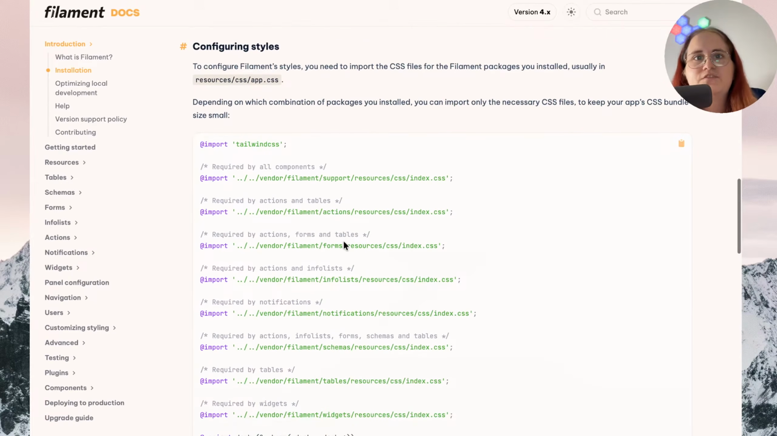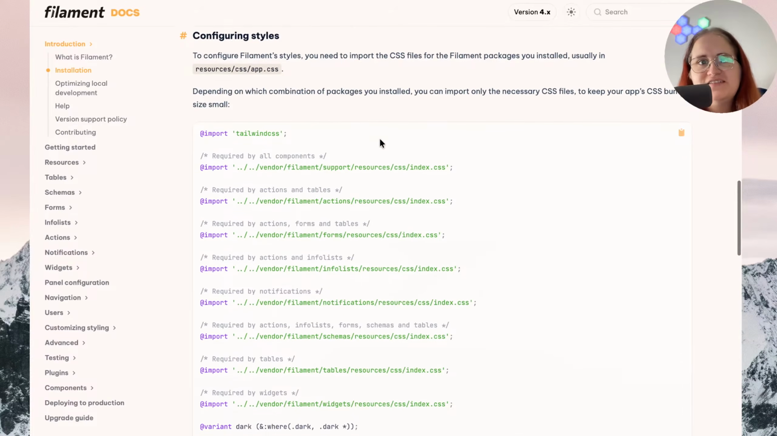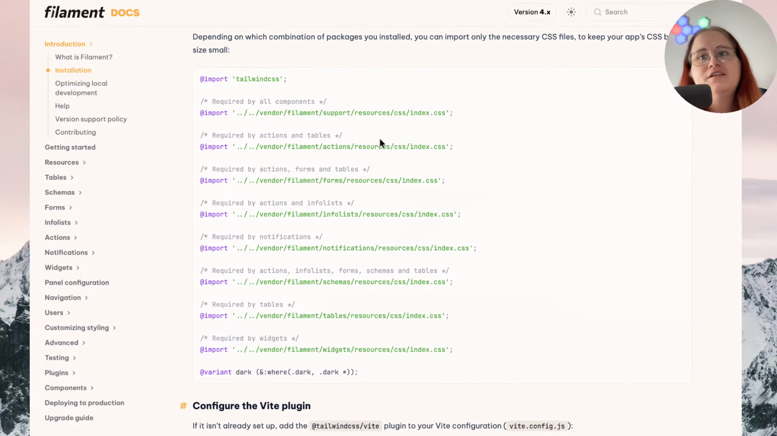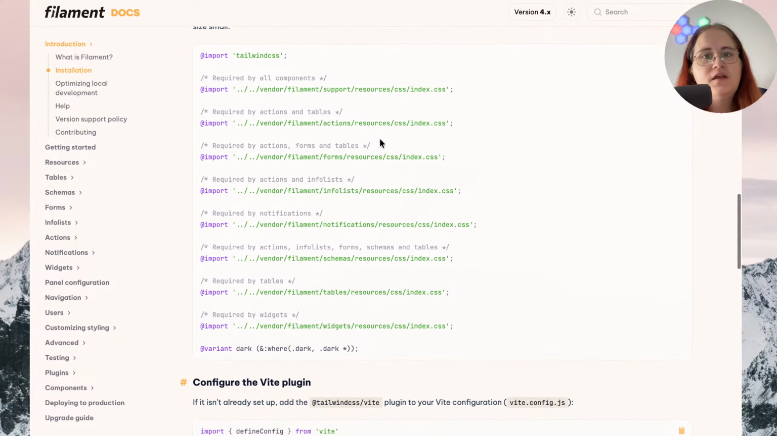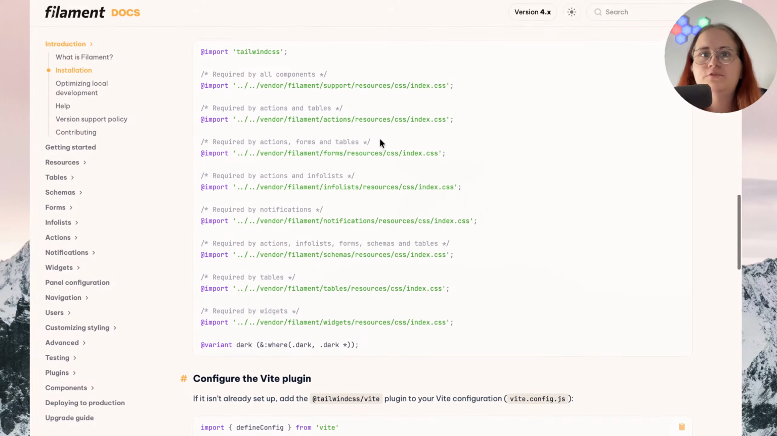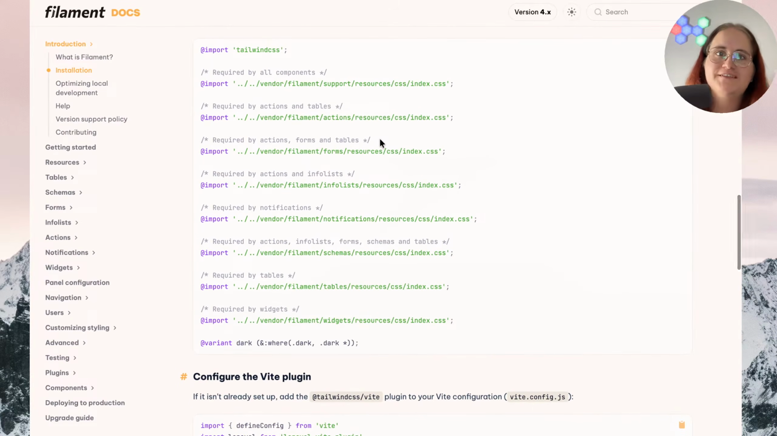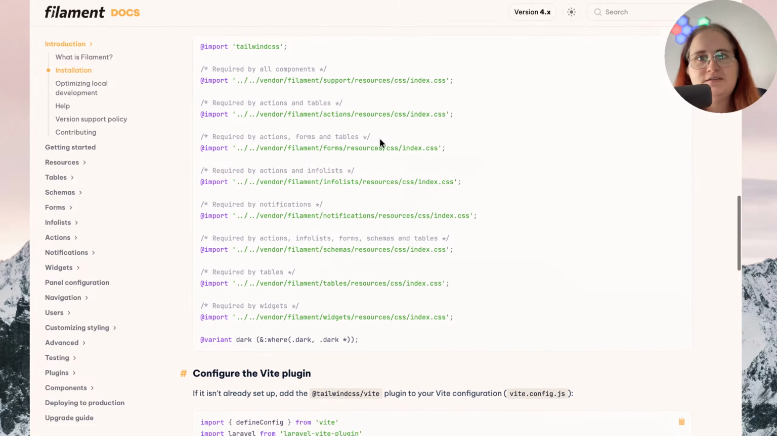Configuring styles. To configure Filament styles, you need to import the CSS files for the Filament packages you installed, usually in resources/css/app.css. Depending on which combination of packages you install, you can import only the necessary CSS files to keep your app's CSS bundle size small. Add @import 'tailwindcss'; and add @import '../../vendor/filament/support/resources/css/index.css';